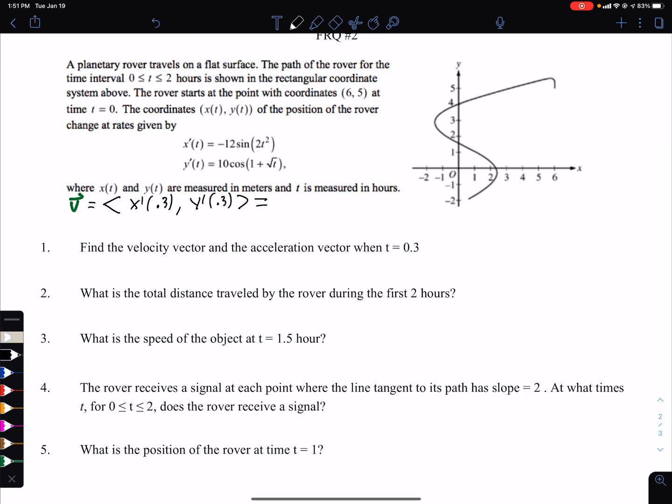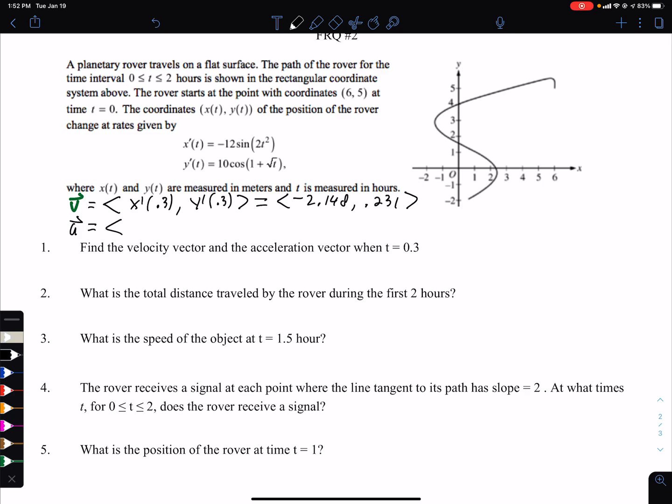So this is a calculator question. You just pop this in your calculator and you get an answer of negative 2.148 and 0.231, or 230, depending if you round off or truncate. The acceleration vector